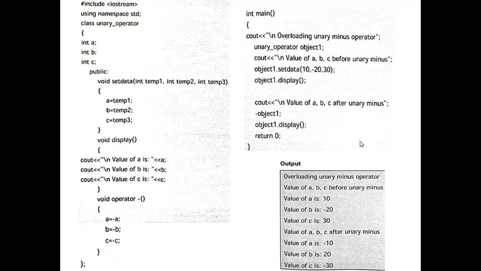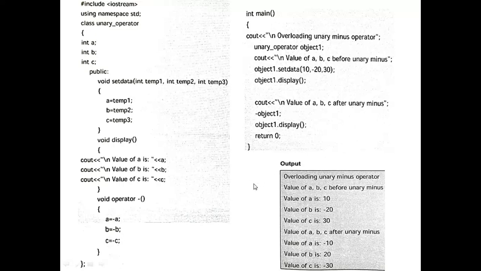Therefore a will contain 10, b will contain minus 20 and c will contain 30. Now again using obj1, we are calling the display function, which will display the values of a, b, c. So in the output you can see the value of a is 10, b is minus 20